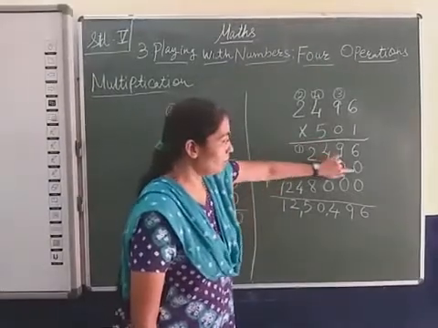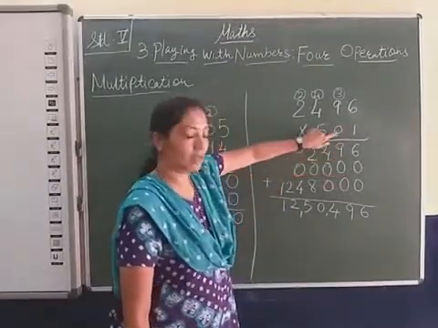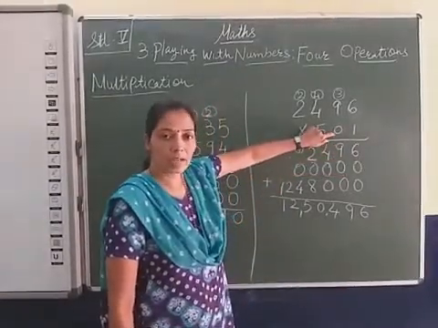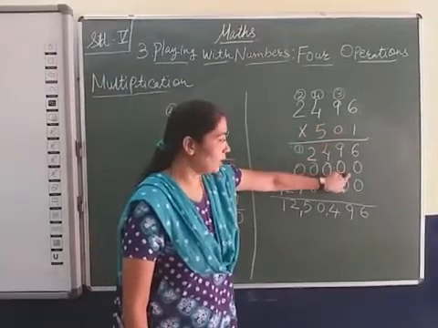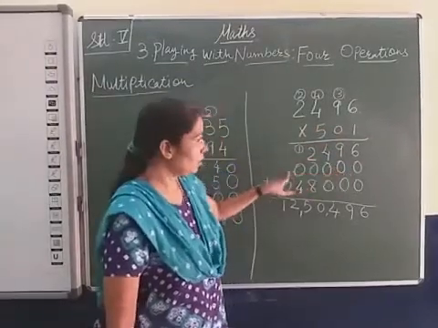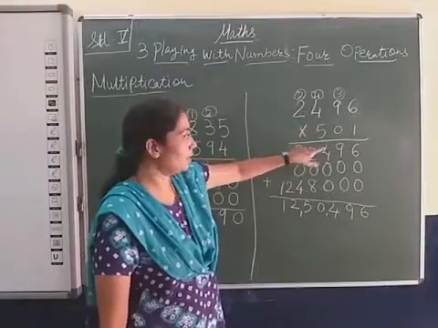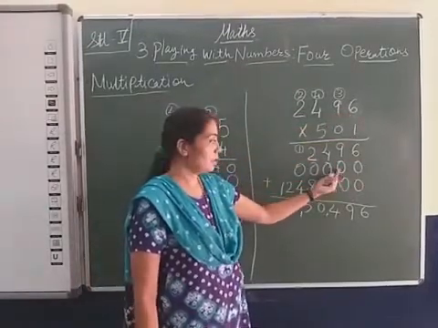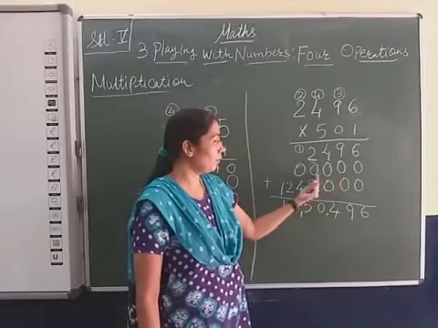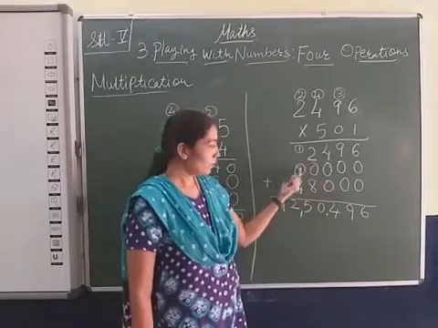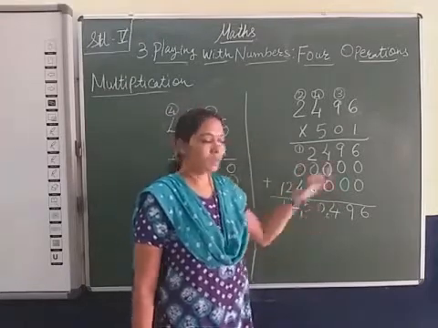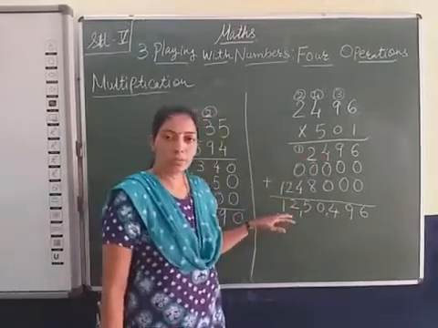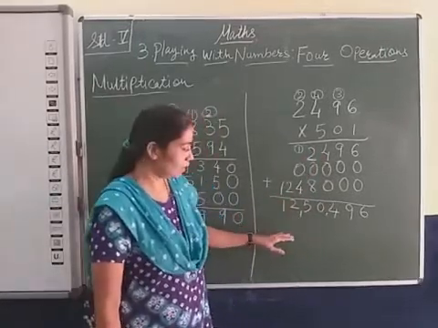So first we put the 0 here because this 0 is on the tens place. So we first put the 0 here, and these zeros are for the 4 digits. That 0 multiplied by 6, so put the 0 here. This is 0 for 6, 9, 4, 2. So don't make a mistake, and finally we add all the products and the final answer is this.